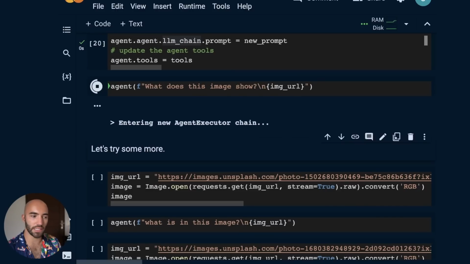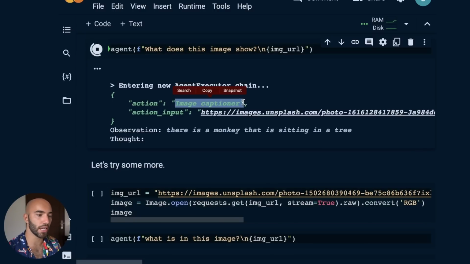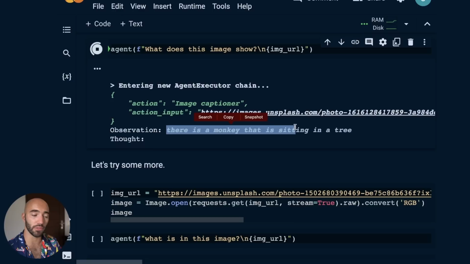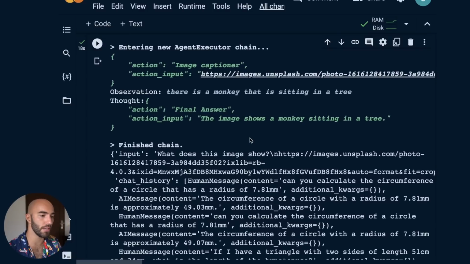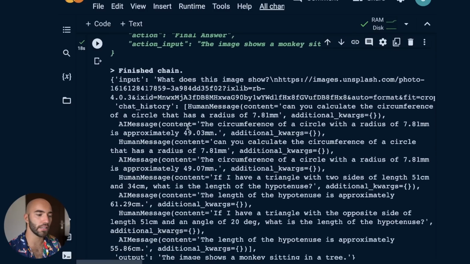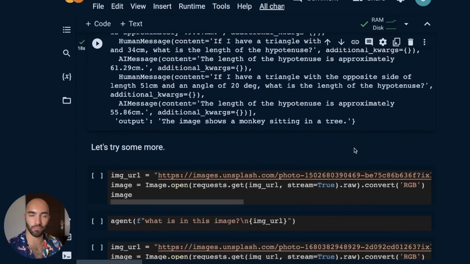Okay, so it enters into the agent execute chain, goes straight to the image captioner, passes in the URL, and this is the same image that we saw before. So the observation is that there is a monkey that is sitting in a tree. And so the final answer is, if we come down to here, the image shows a monkey sitting in a tree. Okay, so now our large language model agent can actually tell us what is in an image,